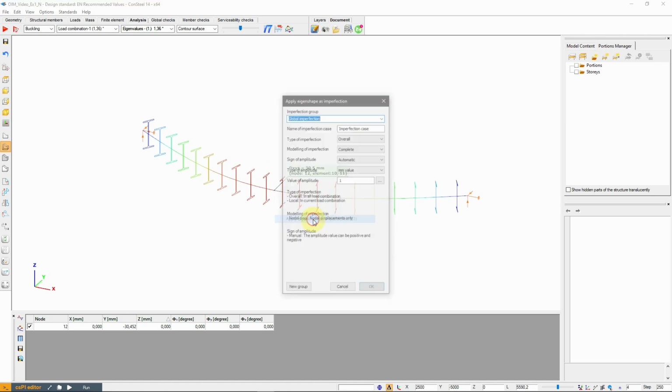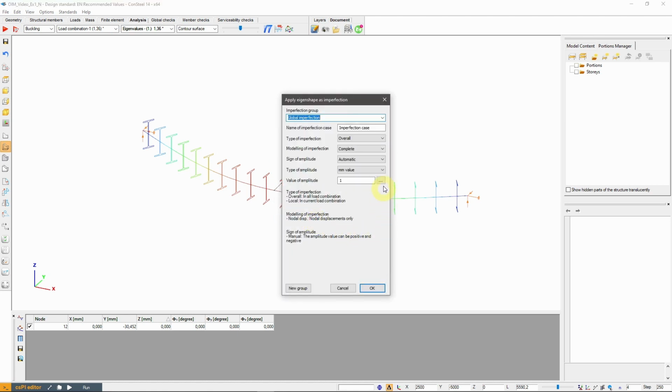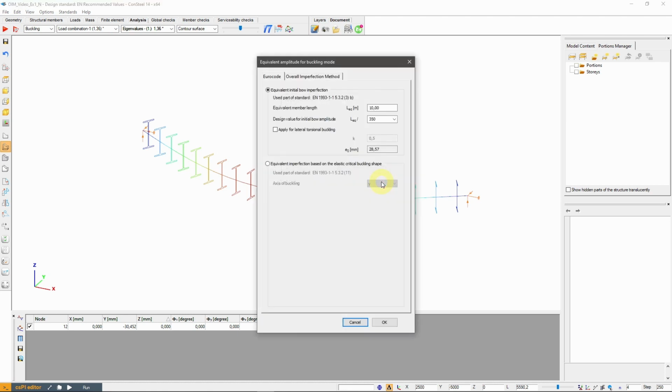At the amplitude determination dialog, there are the three previously mentioned methods to calculate the equivalent amplitude: the initial bow imperfection, the imperfection based on the elastic critical buckling shape, and the overall imperfection method.